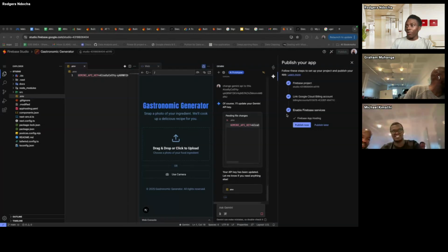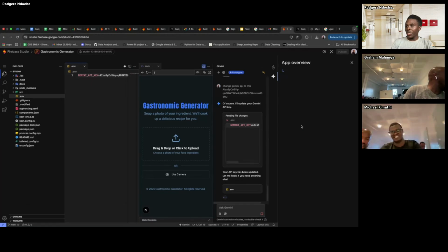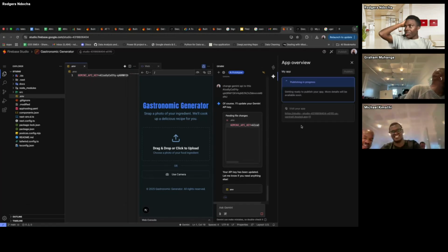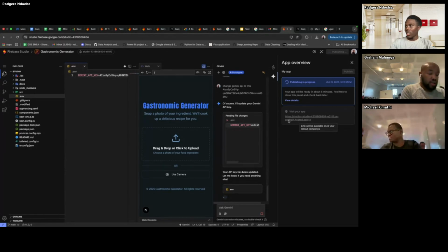Yeah, we see our hosting environment is set up. Now we want to publish. You can do this right now, or we do it later. You can do it now. So it will publish your application, and of course, it will give you your listing URL for you to test if it's working. It will take like 5 minutes. We are not going to wait for 5 minutes. I will just switch to another window, but this one is building. It will take a few minutes.